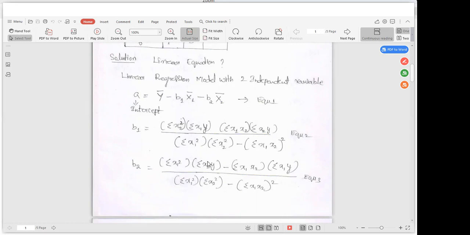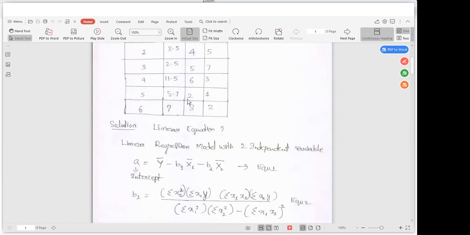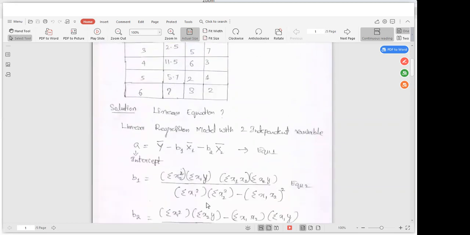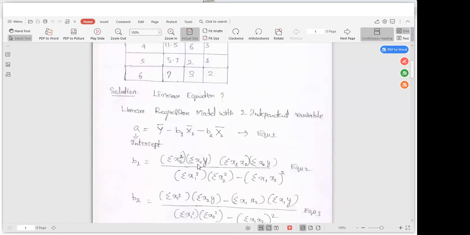Now you can make an observation here. Here I have written all the x as small letters, and here we have written them as capital letters. In the question also we have written them as capital letters. These are the values of the variables, whereas the small x1 is a variance with respect to x1, and x2 is a variance with respect to x2. So you cannot take these values directly. These are called variances.